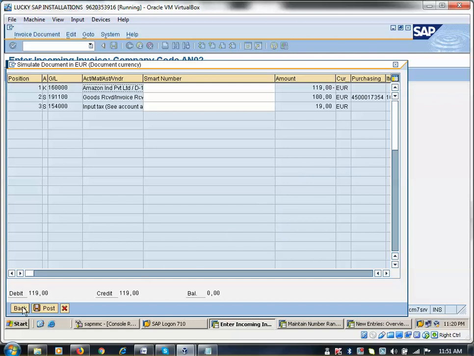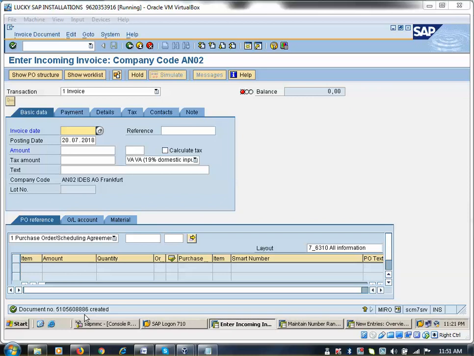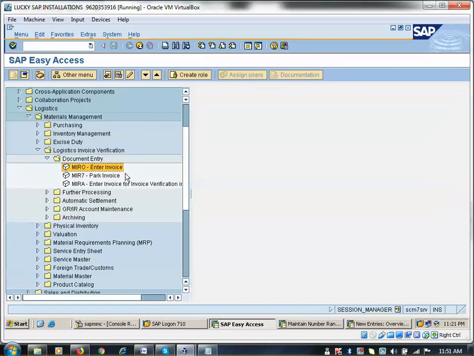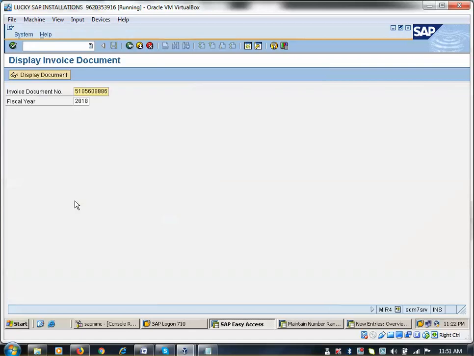Okay. So now you can come back here. Click on save. So it will be posted. Here also I can do hold, park, post. If you want to understand, you can do that for practice purposes. If all settings are okay, click on the document number created. So now I am coming back here. If I want to display this document, go to MIR4, click on execute here.